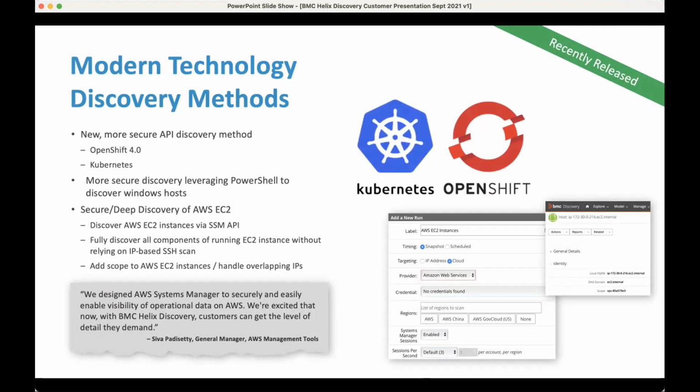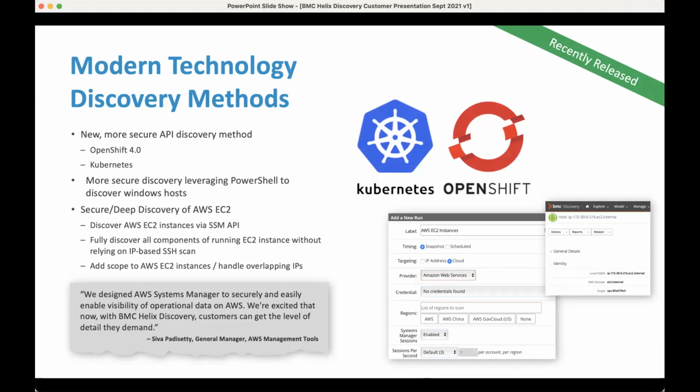When it came to OpenShift 4.0, and certainly as customers are moving these things to the cloud where you don't always have host level access, we needed a new approach. And so we have now a feature we call API providers. And so similar to a new cloud discovery run, you can have a new API provider run. And so in the end, it comes down to setting up API provider credentials. And so for Kubernetes and OpenShift, it's what is the URL endpoint to your Kubernetes cluster, and typical things like token bearer, so you have authentication in order to gain access to that API. And so that was rolled out